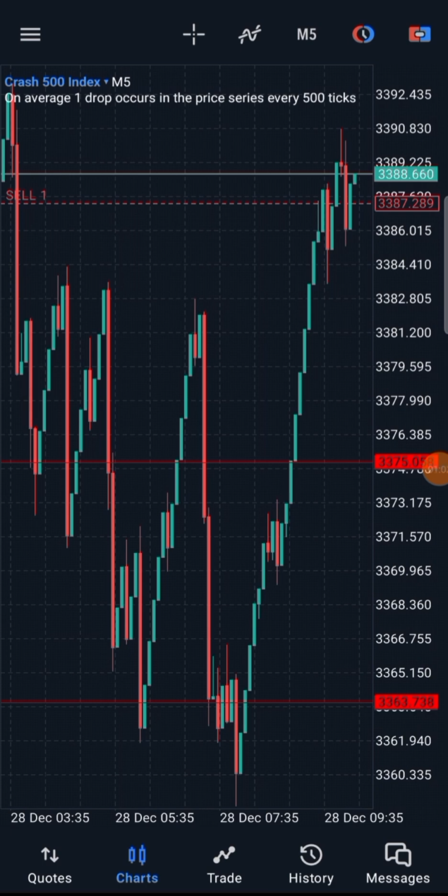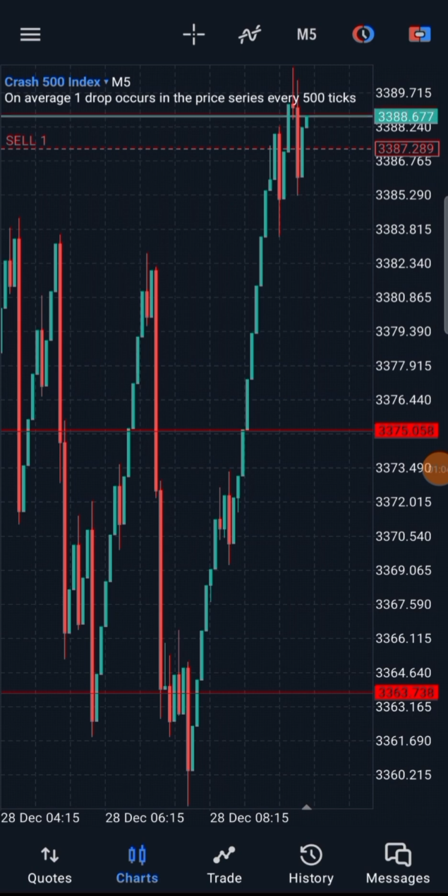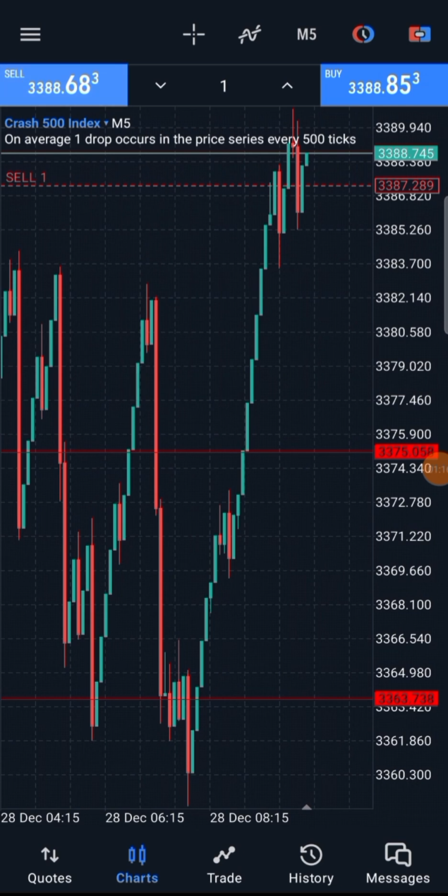Okay, so this one is a long trade. I held for a longer time here. I think it should be around about 20 minutes or so, but it was profitable still. So at times you gotta hold, at times you gotta be patient. Maybe your trade will be in loss. Hopefully it won't be a significant loss because it can mess with your emotions at times. You just feel like coming out of the trade and closing your trades, but